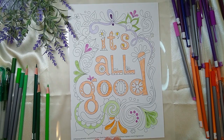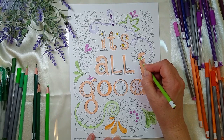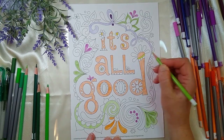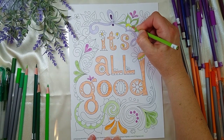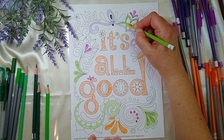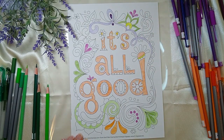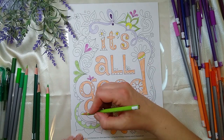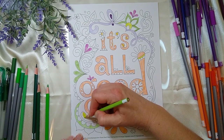But one of the neat things about that particular book, check it out, Jade Summer Country Cabins, is there are two copies of every picture, and that is really nice because what her and I do with that is she does one and I do the other. Or if you mess up and don't like what you've got going there, then you can always, well, no, you really can't erase it when you're using